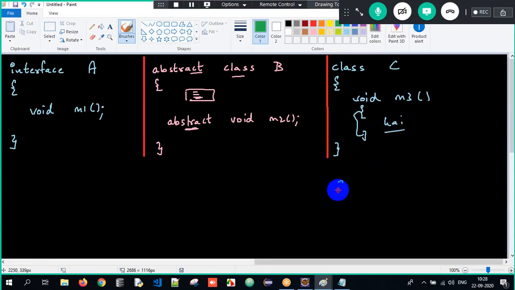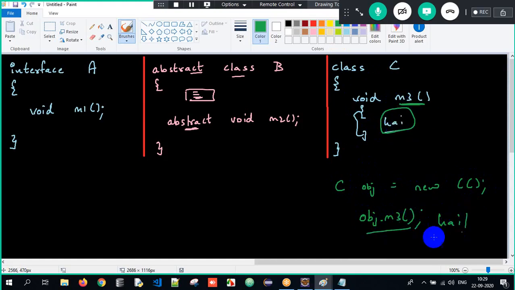If I create an object, C obj equals new C, and call obj.m3, I am calling that m3 method, and the implementation prints hi. So a concrete class can have only concrete methods, that is, a complete method which has declaration as well as implementation, head as well as body. So we can successfully create an object and access the method here.